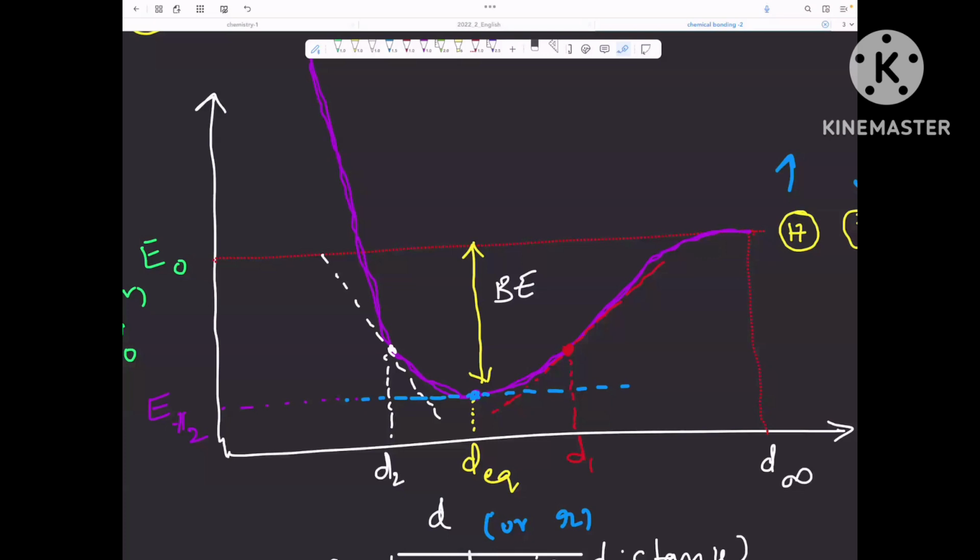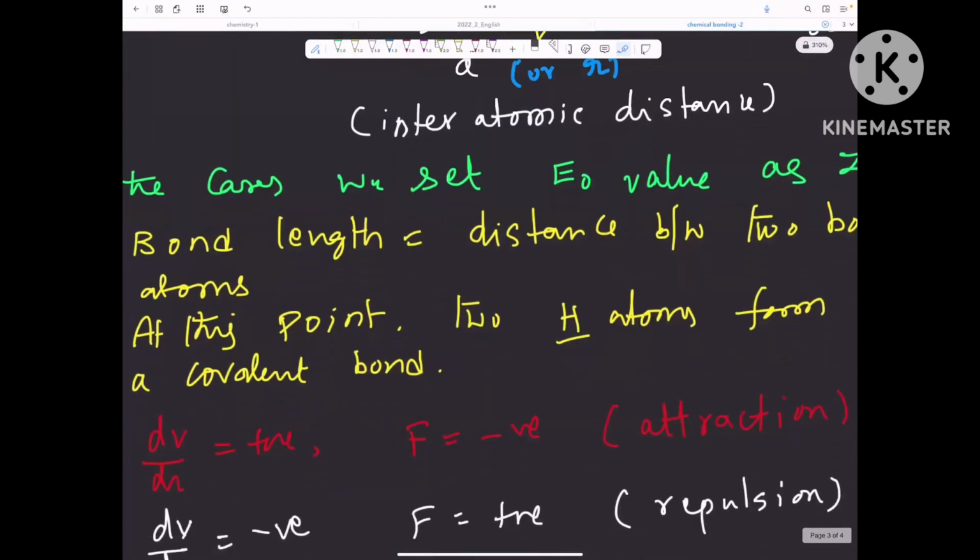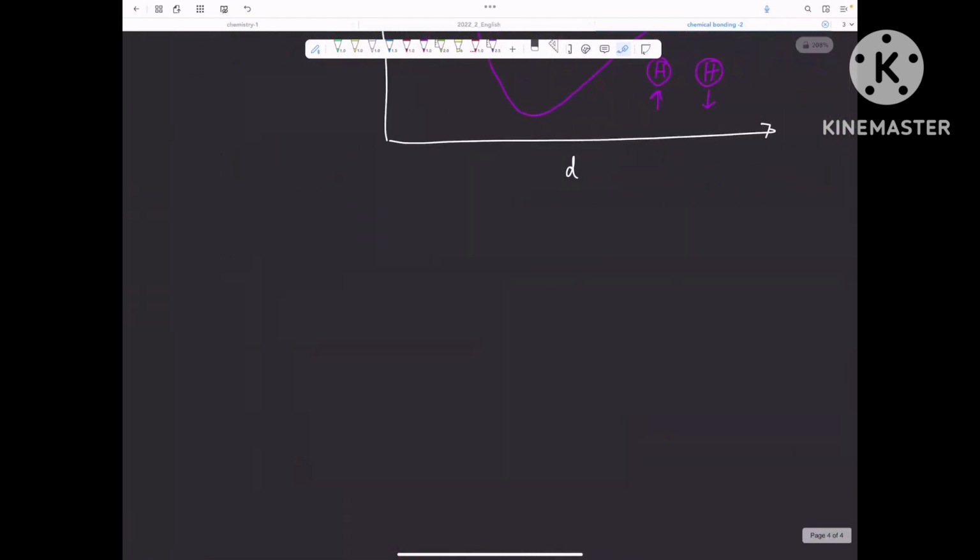So in this description of 20 minutes, I made a qualitative description of the nature of the covalent bond and the covalent bond forces, but I didn't make any quantitative description. The quantitative description can only be done by knowing the perfect theories of covalent bonding. Now, before going into the theories of covalent bonding, we need some extra material and extra knowledge, which I am going to start now. The heading is